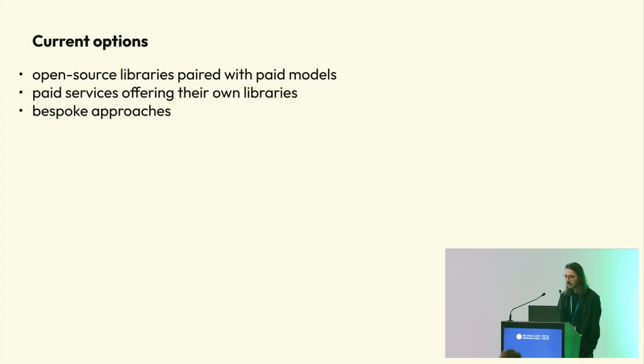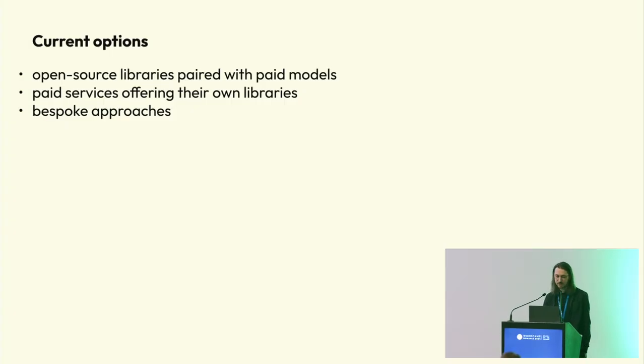So what options exist today? There are some open source libraries. I do not want to endorse anything. You can just search Playwright end-to-end test AI, and the options will show up. So open source libraries where we can pay with paid models. So practically you're paying for, let's say, some kind of OpenAI API. Or there are other dedicated solutions where you're paying for that solution instead of a generic model, and they offer their own libraries.